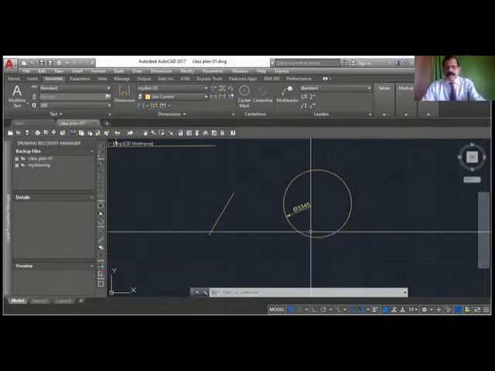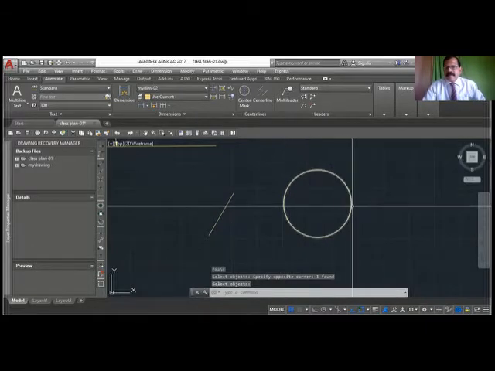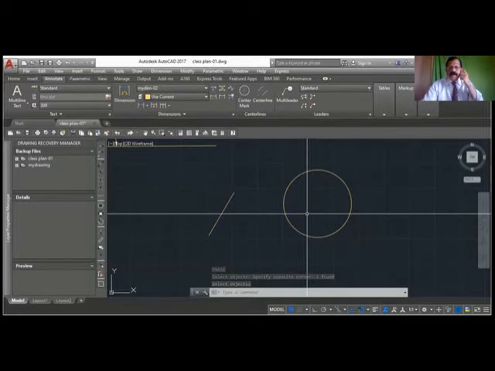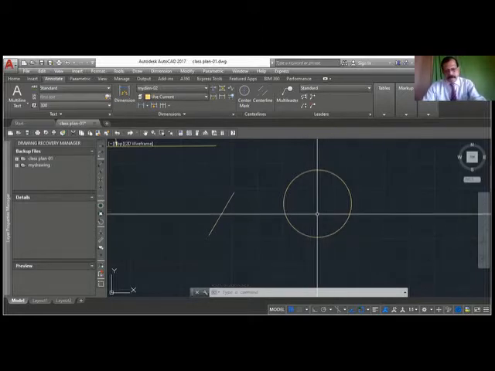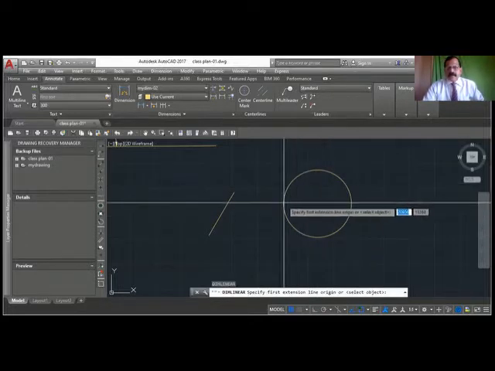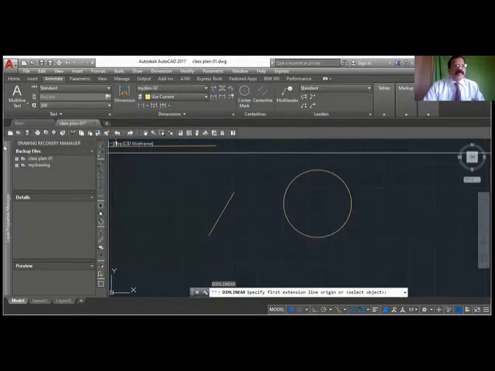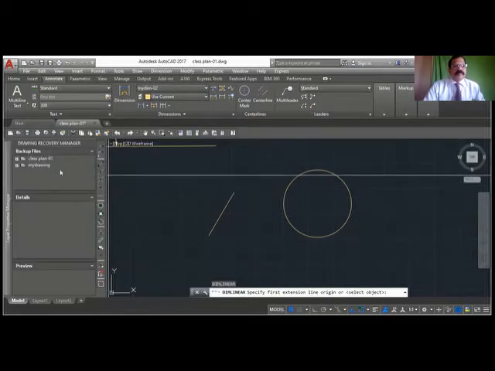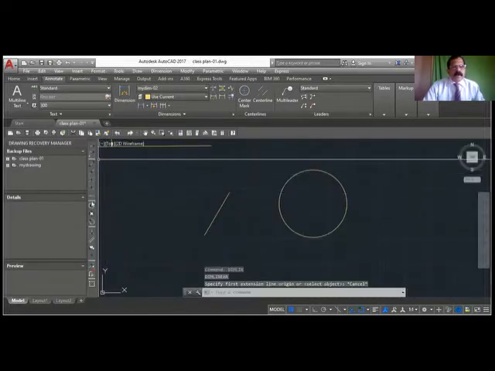Okay, now I want to write the diameter like this. Here, how can I do that? So you have to use the dim linear command, dim lin, and you want to start from here, which is the quadrant. So you have to use the quadrant snap, or you can type QUA.